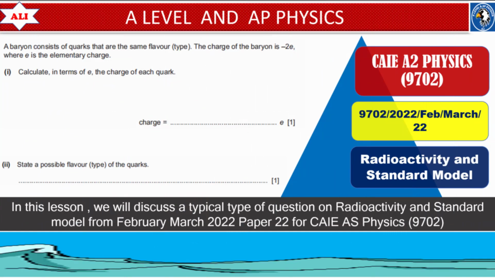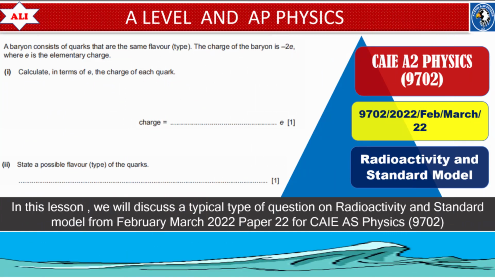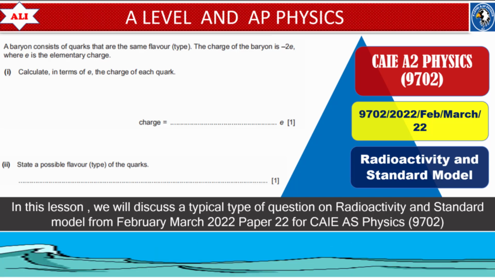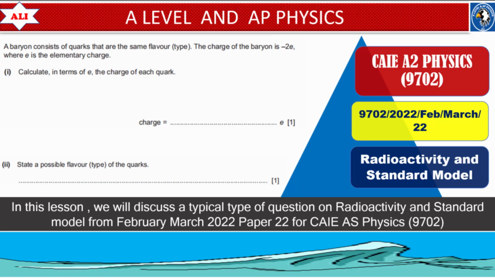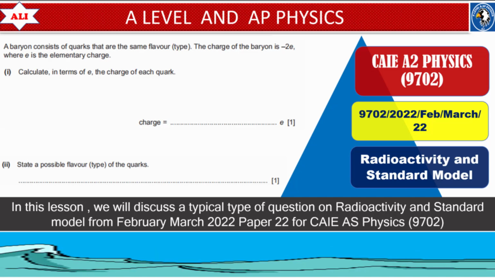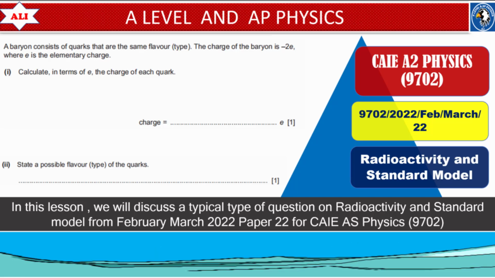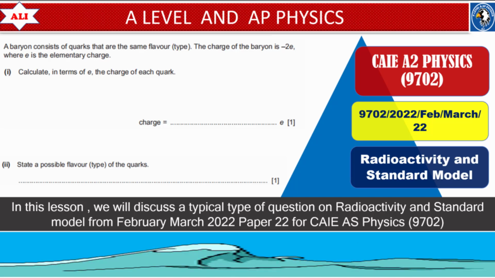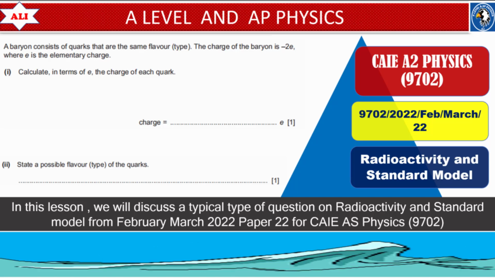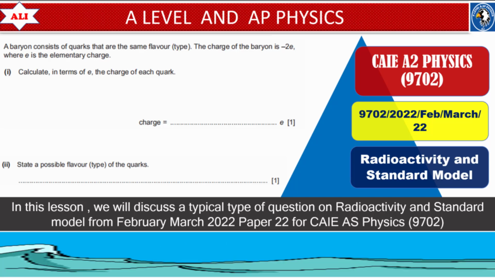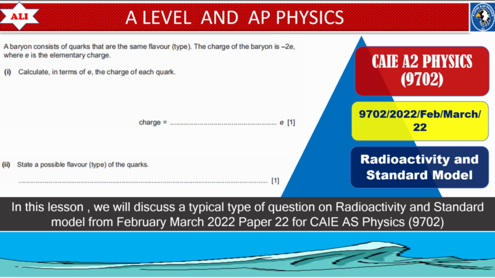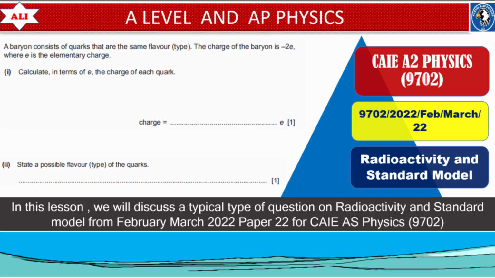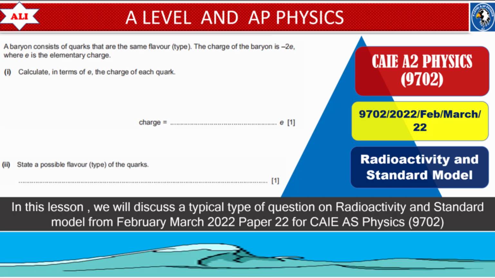In today's lesson, we will discuss one very important past paper question on radioactivity and the standard model for March 2022, paper 2, variant 2. In this lesson, we will discuss what leptons are and what kind of leptons are produced in any beta plus decay. Then we will talk about nuclear number and proton number. We will also discuss what baryons are, what the quark composition of baryons is, and how we can determine the